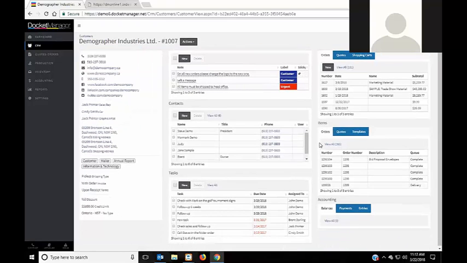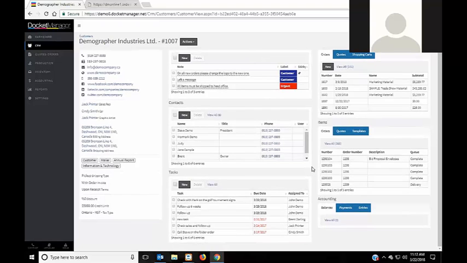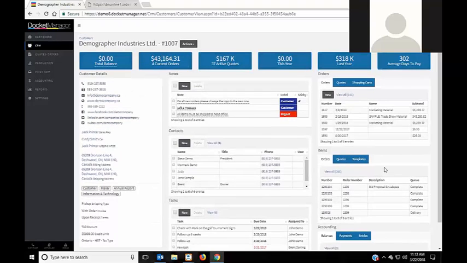You can have multiple contacts within a company. It carries all their information as well. And as I said earlier, you can assign tasks to different shop floor personnel based on that particular client. So maybe we're following up on a quote for a person, or we're going to just do a sales call follow-up in 6 weeks. We can create that task, set a due date, and assign it to somebody in the shop. And then over on the right-hand side, it just shows the most recent orders and quotes for the company,